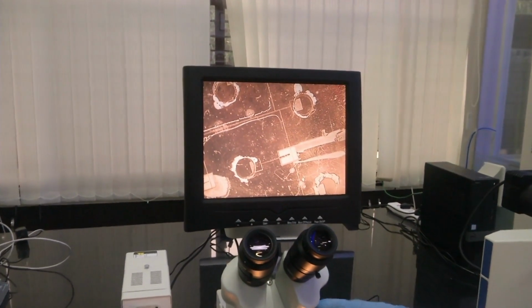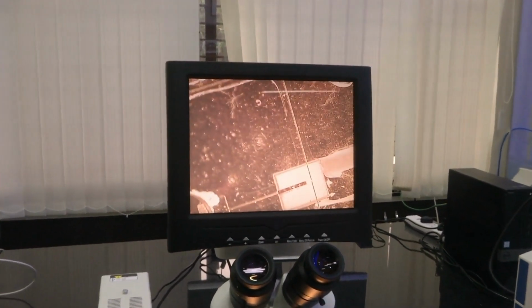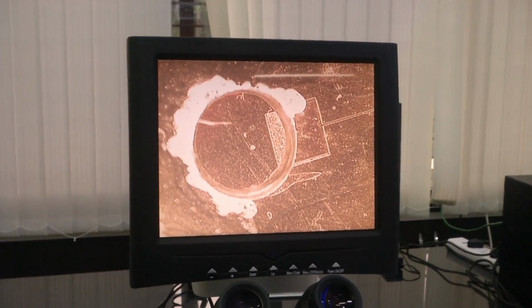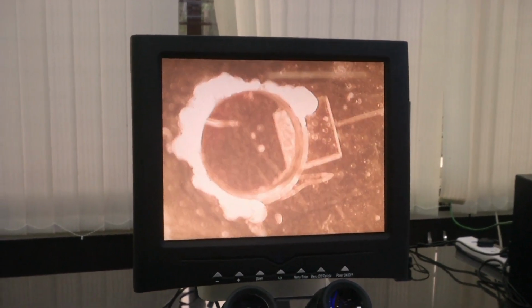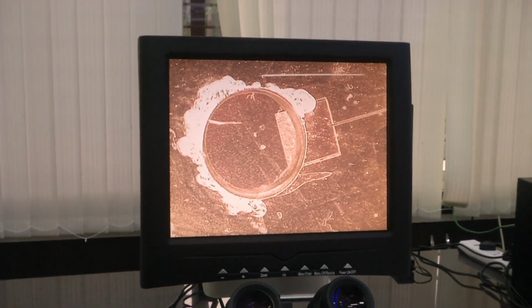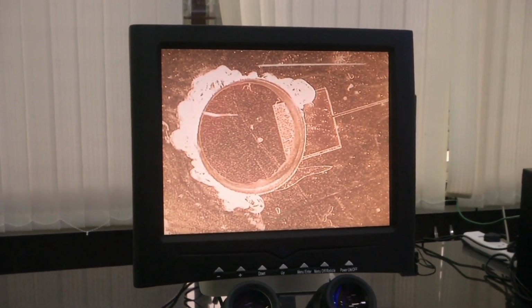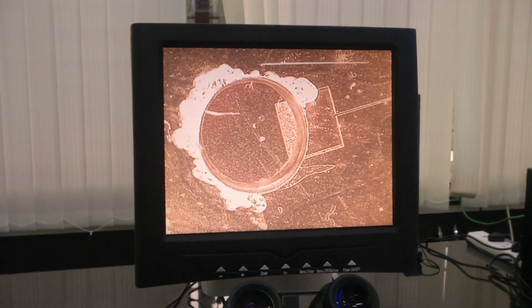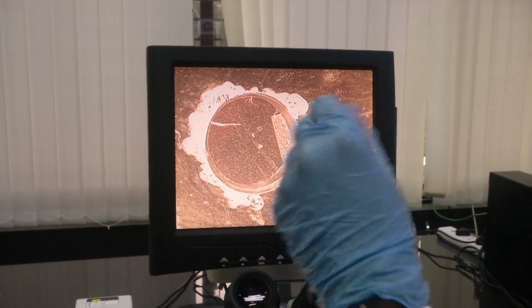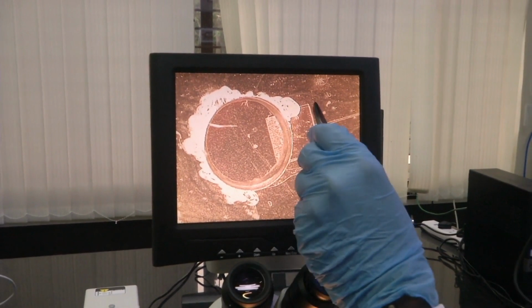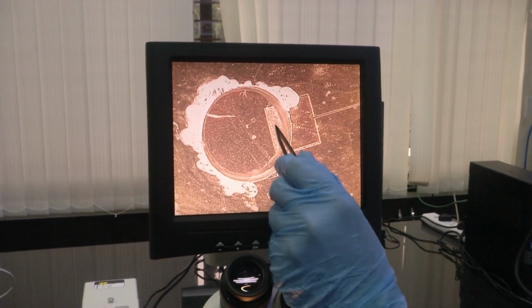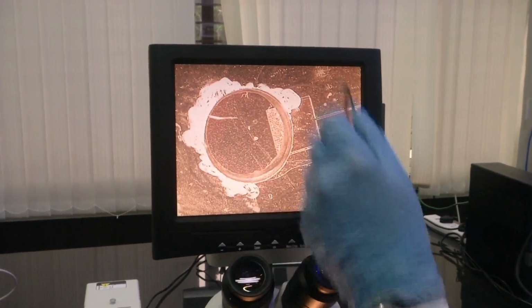Now, let us focus on one particular well. I am going to higher magnification, then I am adjusting my sample so that one well comes into view. See, now one well has come into view. Now, let us focus it. So now I have focused it. This circle is a well. Here you see a part of a square, which is the material underneath, below that well, and you can see the continuation of that, because this well is made of a transparent material. You can see this part is the surface, this is a well, it goes into the bottom. At the bottom you can see this material, and its continuation through the transparent surface.